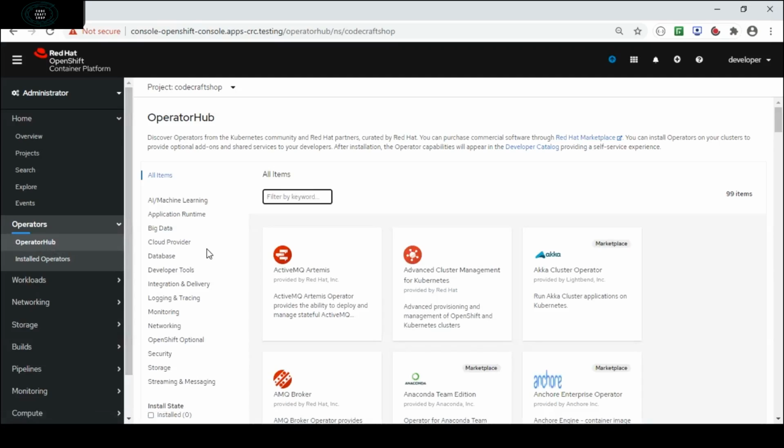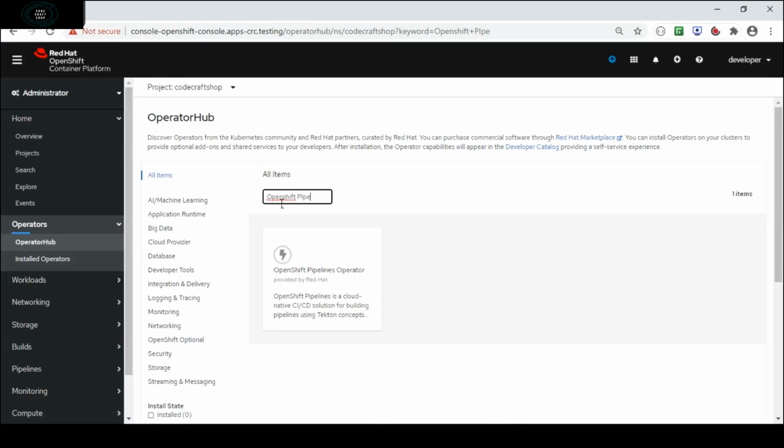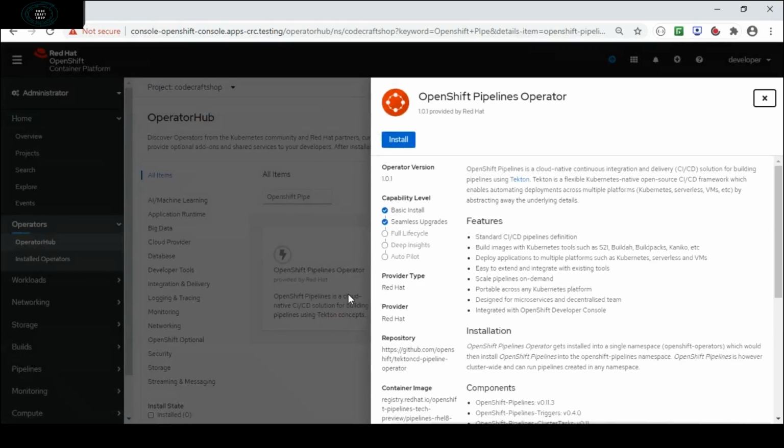If you can see on my screen, we are in the operators hub, and then we will search for OpenShift pipelines. So this is the OpenShift pipelines operator. Once we click on this tile, we will get the option to install.